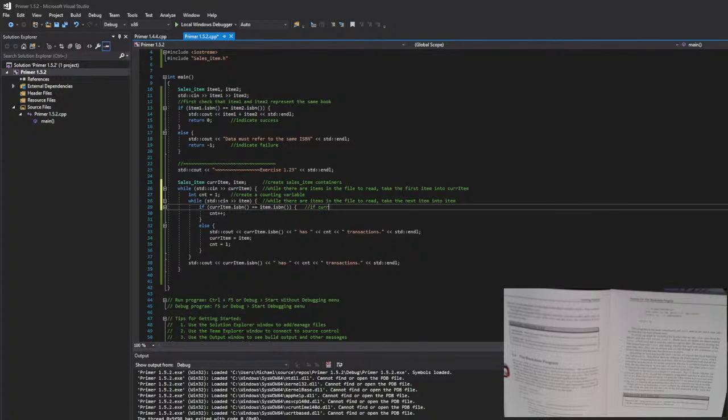If current item and item have the same ISBN, increase the count. Else, we have reached the end of that number of ISBN transactions, so we need to output that and say, or output to user